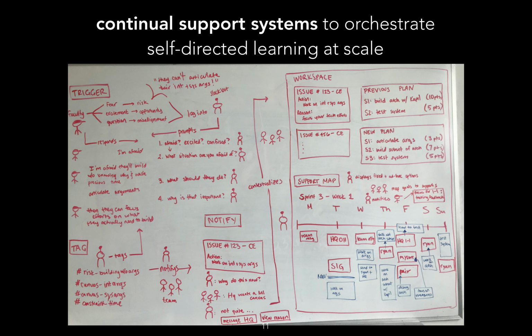So at the beginning of the quarter, I started out by thinking through this design of a continual support system that has a couple different phases, so I'll quickly walk through what the goals of this were. If you look to the left side, there's this idea of being able to capture issues that the faculty is raising to students. One of the things that we often see is that faculty will raise an issue to a student.